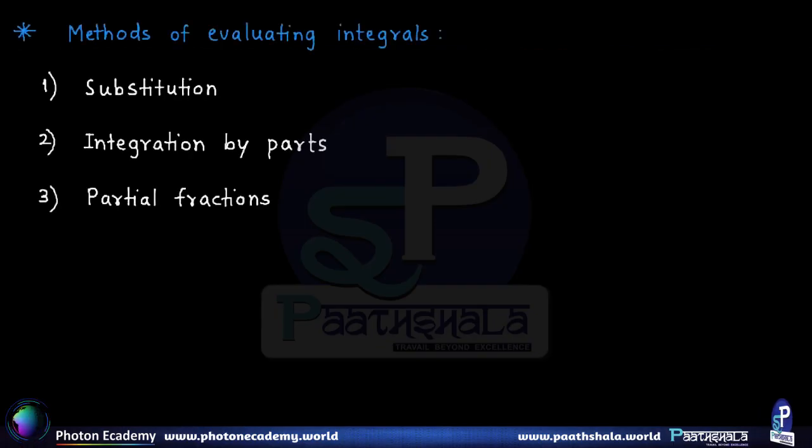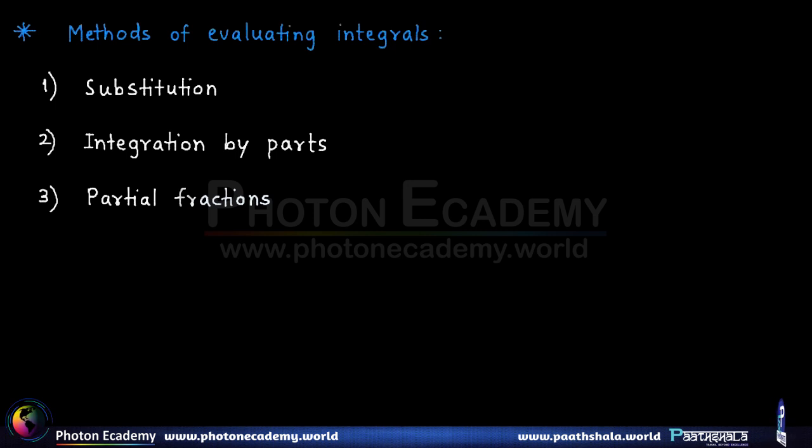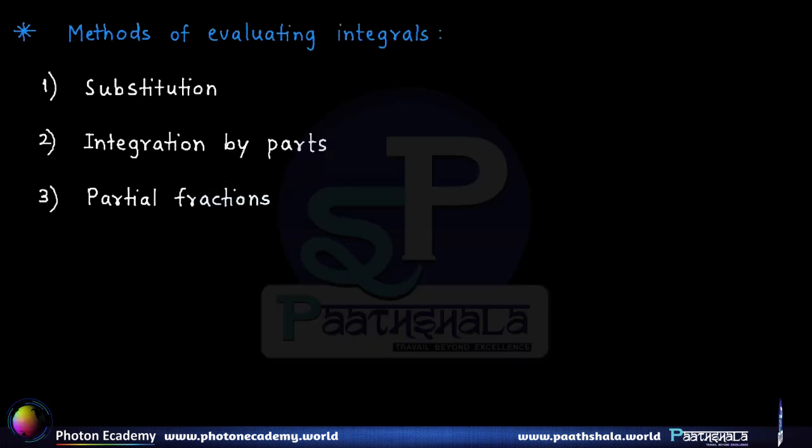Now we go into the details of different methods of evaluating the integrals. Mainly there are three methods at a high level to evaluate the integrals. First is the substitution method, which is a very powerful method, and based on this method we will develop a lot of standard results. Second method is called integration by parts, which we use to evaluate the integral of the product